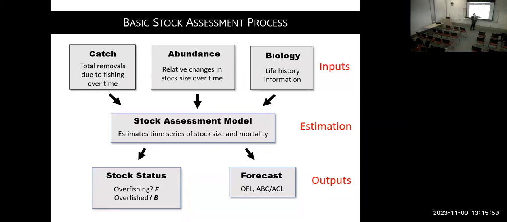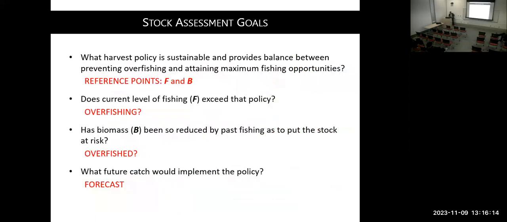And then we have an allowable biological catch or annual catch limit. That is supposed to be your catch target, the total allowable catch for a given year. And we have to set up those limits for all federally managed fisheries. And the goal is that we try to answer these four questions. All the complexity, all the hard work, we try to answer these four questions.